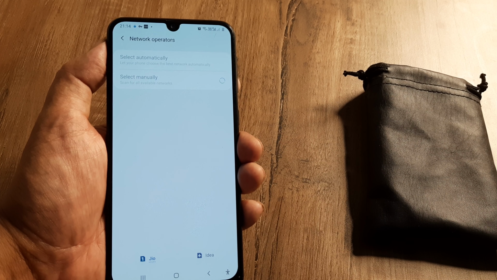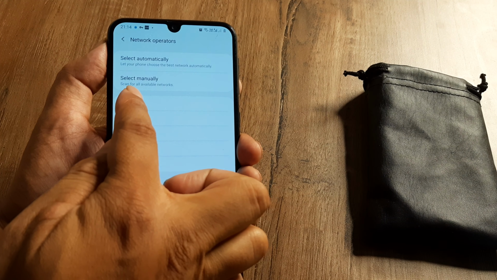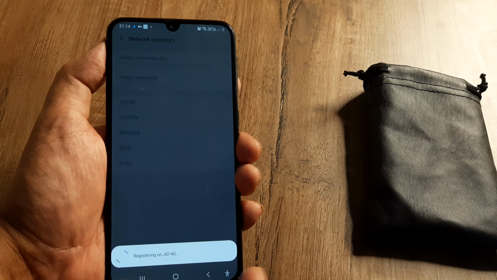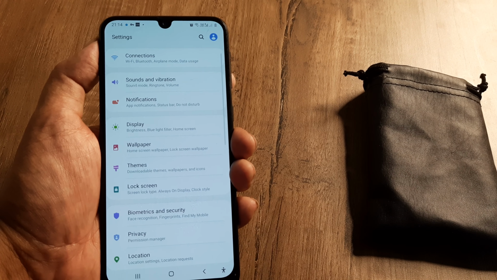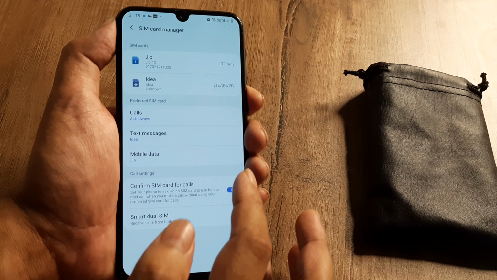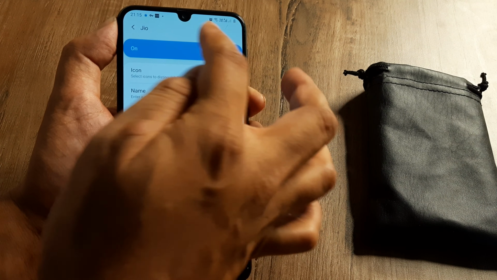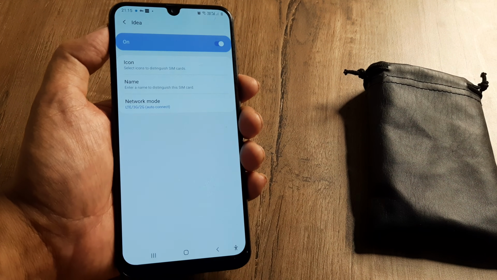Because in case the network is not accessible, you obviously won't get any internet because there is no network. So you first need a network. So you have to find the network. And yeah, you can see I found the network. I can now select this and assign this. So it's now registering to this. And one very last thing, and this may actually work for a few. Go to SIM card manager and check whether the SIM is turned on or off. In case it's turned off, it will not work. So just see whether it's on. If it's on, then it should work.